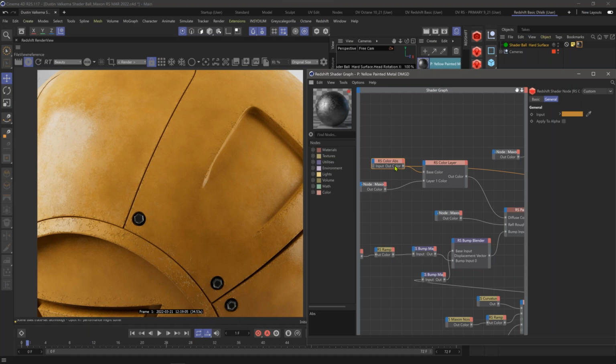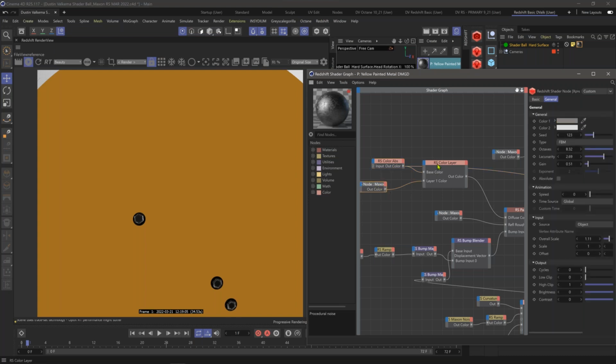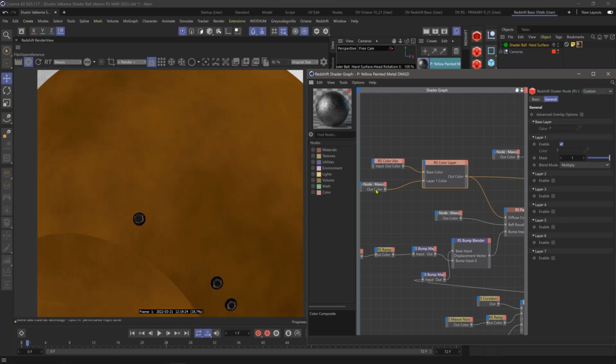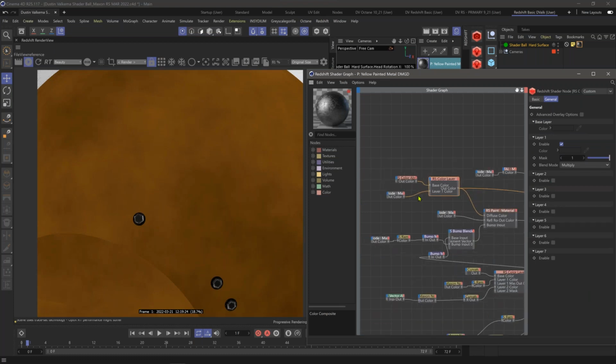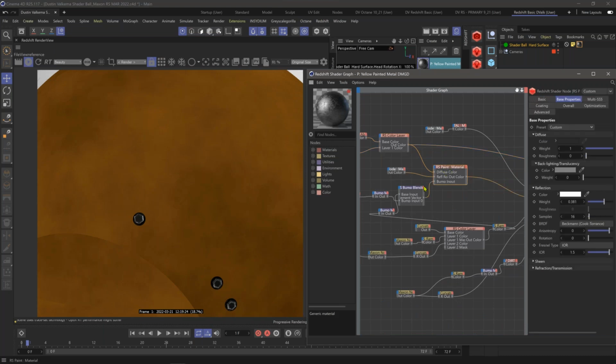And the reason why I like to use one primary node like this is that I can easily change the color of this entire material based off of one node or maybe just a couple nodes, instead of having to go all the way through a structured process. And then this is just layered to create some diffuse breakup with a Maxon noise as well. All right, and so looking at the overall material here for the yellow,